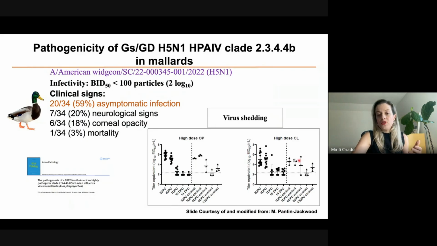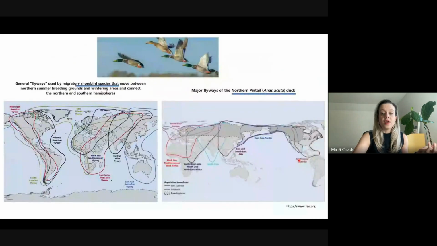And these animals not only get infected, but they spread virus for almost 13, 14 days in the environment. And if you think about a mallard or a duck getting infected, not dying, and spreading virus in all different kinds of secretions and being able to do this for several days, think about the main flyway around the world on which wild birds can circulate it and the way that they overlap. And based on that, you can realize the main reasons why this is so alarming and so